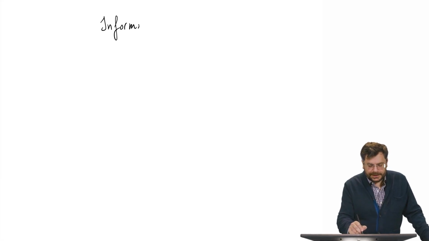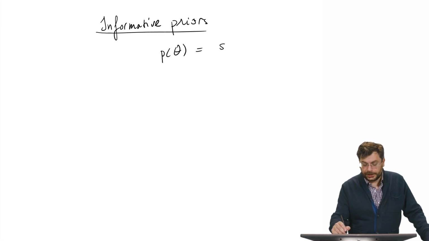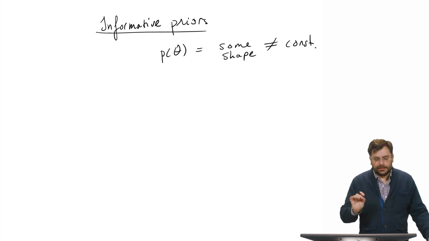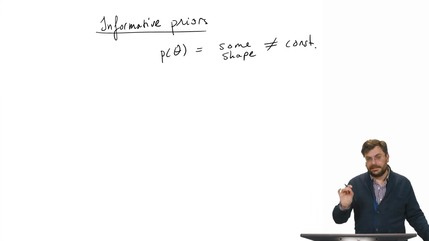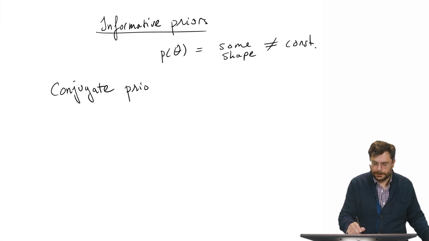So this immediately leads us to the discussion on informative priors. So informative priors will have some shape, and ideally, they will not be a constant. So if we're willing to allow the priors to adopt some kind of shape, then there's immediately a family of distributions that's worth investigating by the time you've specified a likelihood. So let's talk about something called conjugate prior